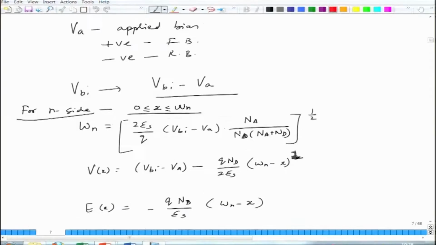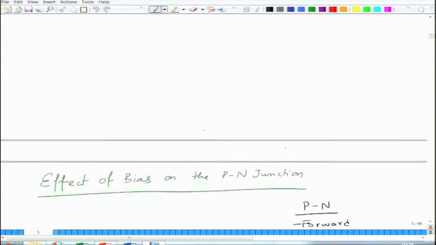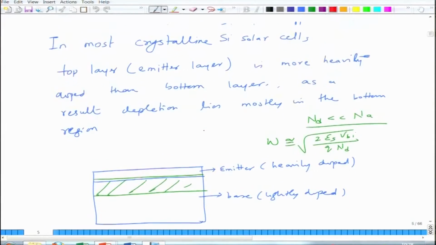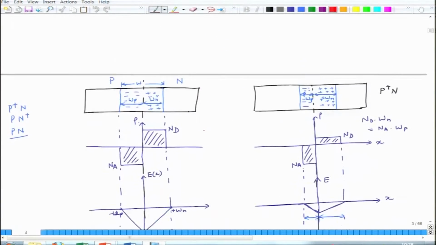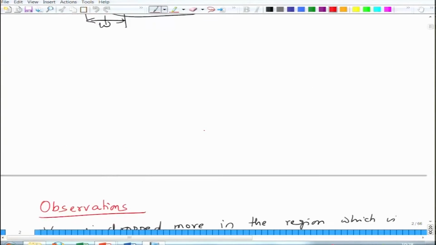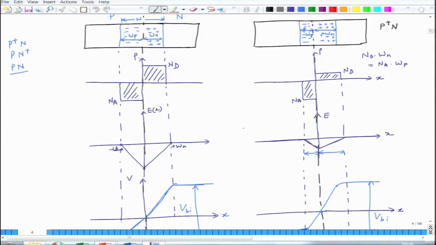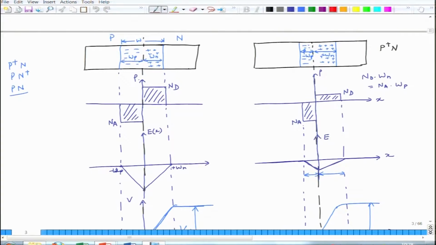In the last lecture we looked at the effect of bias on p-n junction, and we also looked at properties. We also looked at the various diagrams as to what happens to carrier density, electric field and potential when the p-n junction is formed. So you can have p and n equally doped or p and n unequally doped. So we took two cases in which p and n were nearly similarly doped, and another case of p side